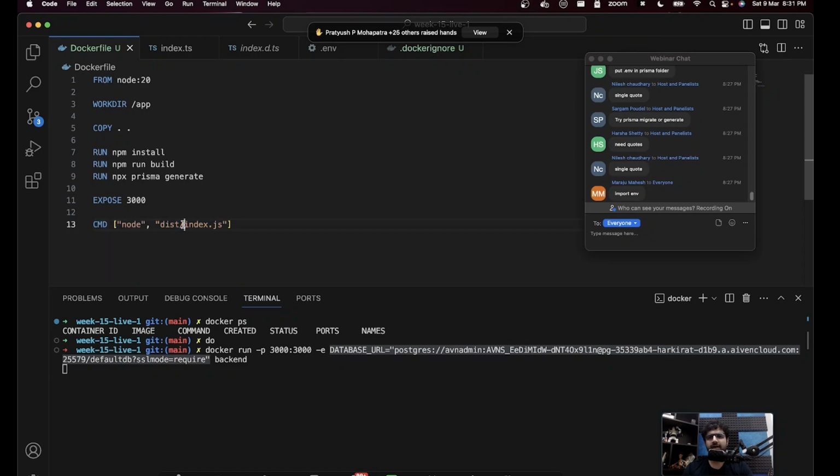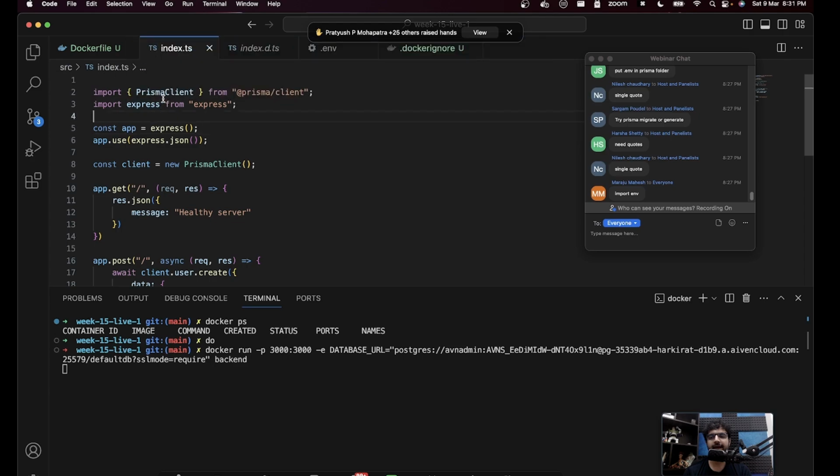You might ask, Harkirat, if it was injected here, it means it was never there when running npx prisma generate. Then how did it work? It was not working on your machine a while back when you ran this command. And the answer is, if you inject an environment variable, then even if you did not have anything here, during execution the Prisma client will get the database URL from the environment variable.